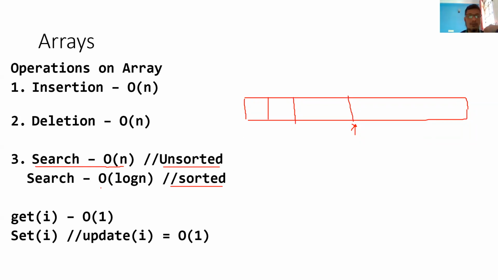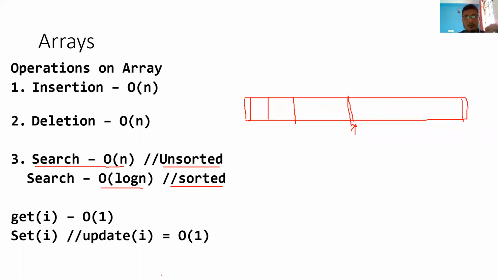But it is big O of log n, because again we have best and worst case scenarios. The best case could be that you find the element exactly at the middle. The worst case could be that the element exists at the first location or at the last location, because you are always decreasing the array size and then computing. So that is how it happens.